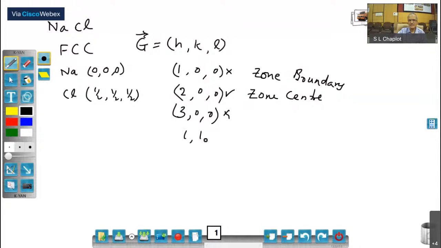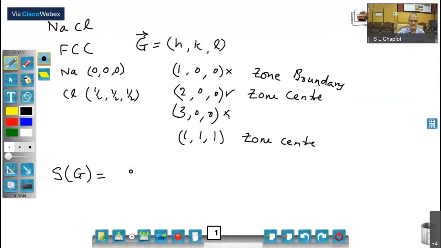Similarly, 111 happens to be at the zone center. That's an allowed reflection. Okay, so we are aware of these kinds of things. Now, as far as the structure factor for Bragg reflection is concerned,